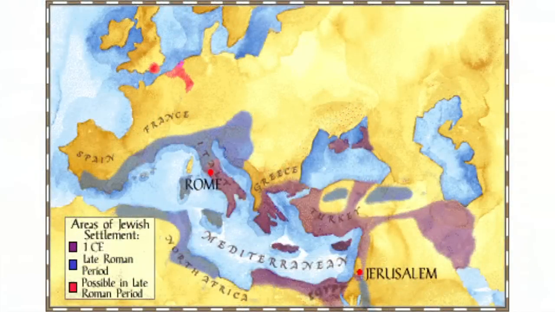Okay, as we continue with the rise of Christianity, we want to go to this map I showed in an earlier session about where the Jewish community was in the first century. So if we look over here, again, pointing out that the majority of the Jews were in the eastern part of the Roman Empire, so very large communities here in Palestine, Turkey, Egypt, parts of Greece, and then also here